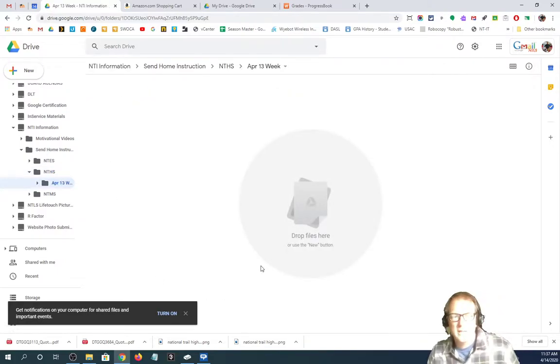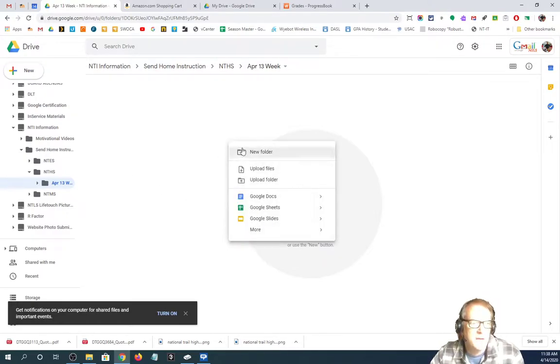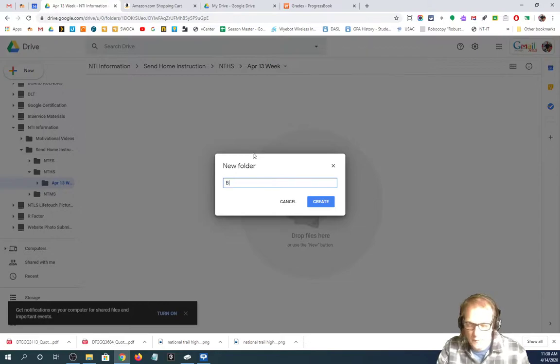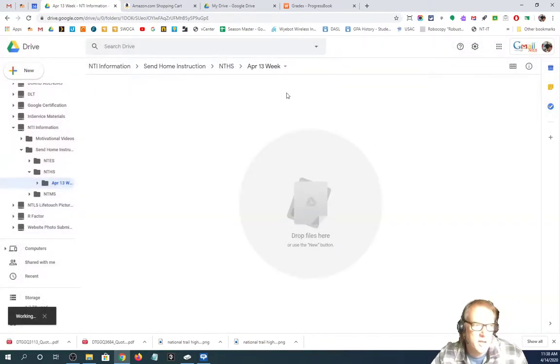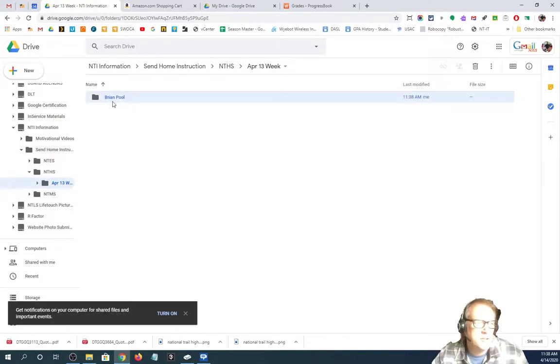And then the idea here is I just got 100 flash drives in. And I'm not saying everyone can, wants to, should. I don't know. We're just trying to give another option here. Basically, if you've got send home instruction that you want to give a student on a flash drive so they can drop by and pick it up at door number one, you would just go and make a folder for the student, just typing in their name under the appropriate grade level, and then dropping whatever you've got for